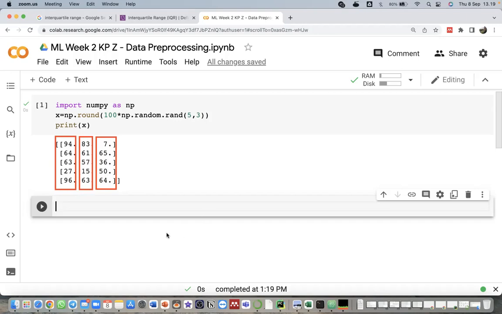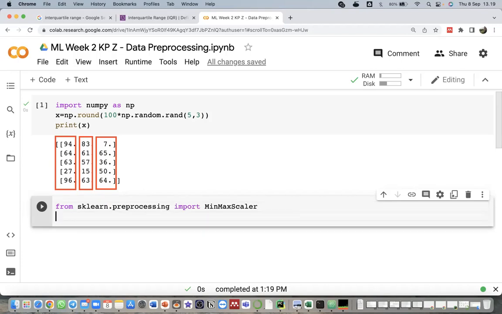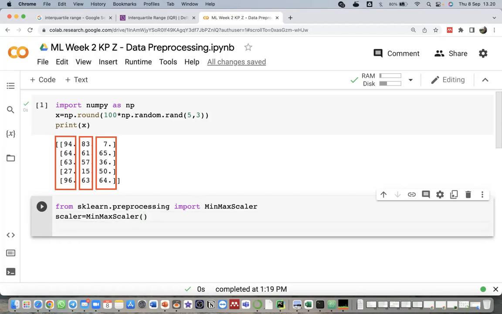Like I mentioned before, we can use the library from scikit-learn. I will call from sklearn.preprocessing import MinMaxScaler. Then I define a variable scaler that will contain the MinMaxScaler method. I will call MinMaxScaler like this. The next part will be a little different from the code in our slide, but it will give the same output, and I will modify it a little in my code.